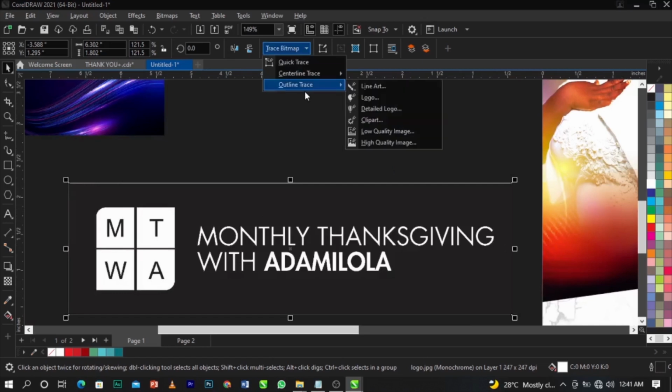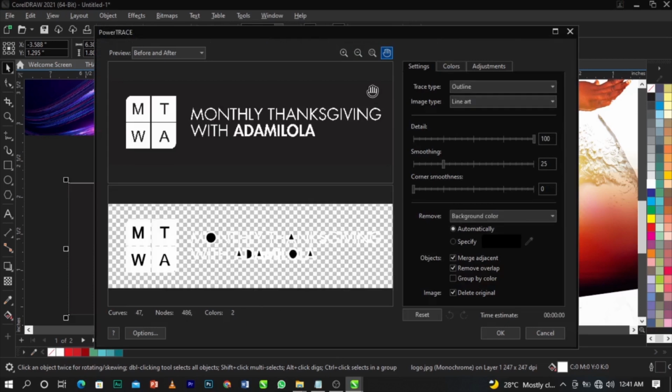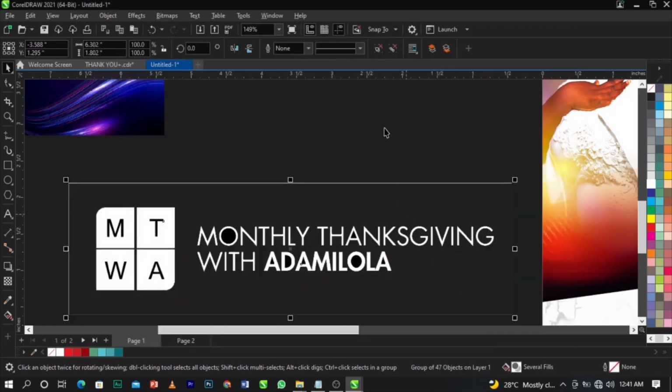Now select outline, trace, then line art, then click on it and wait for this to load, guys. So we're going to wait for this to load, and I think we're done. Boom, guys. So this is the before and this is the after. So now what you're going to do is, let's click on OK for now, and we're